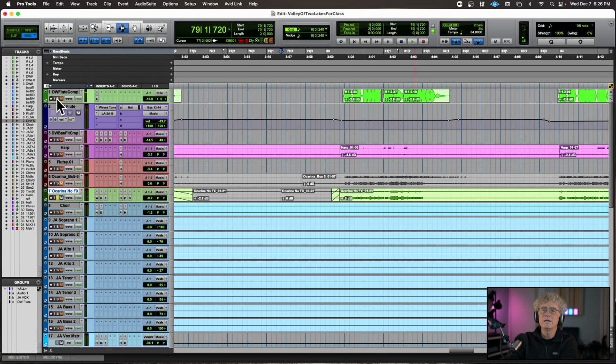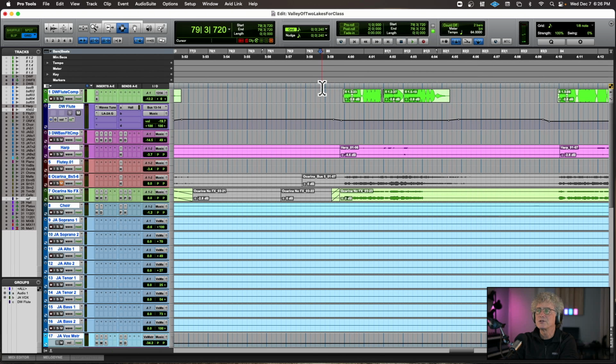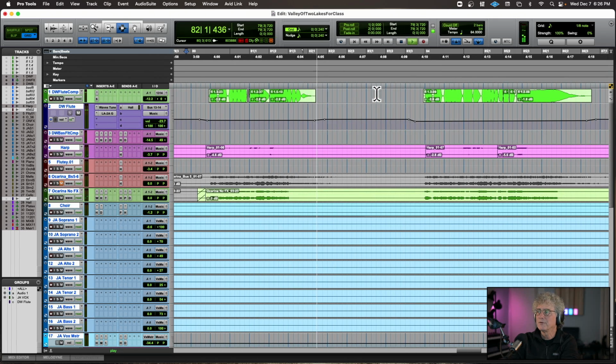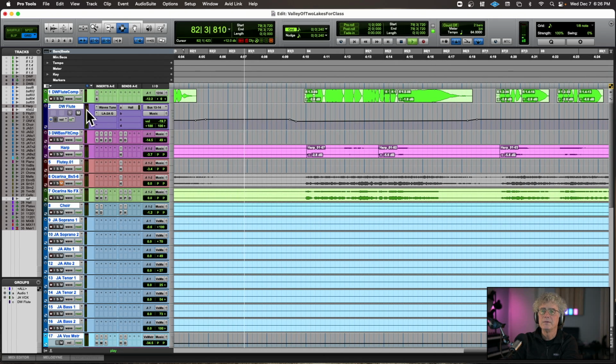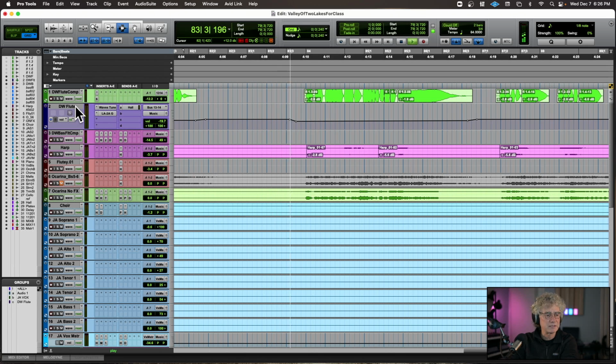And then right here, we combine the sampled ocarina with the real flute, not phrased perfectly together on purpose. And then if we were to listen to that in the track, it works really well for me. There are times when I want things to be perfectly tight ensemble-wise. This is not one of them.